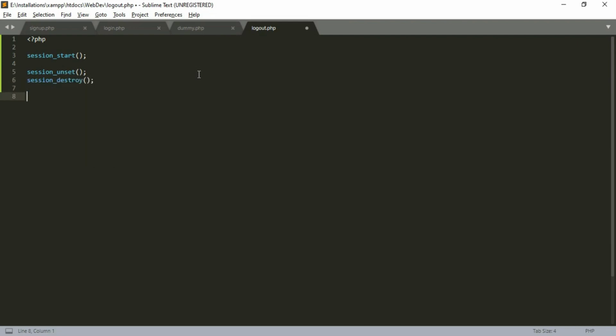And finally, we redirect them to the initial signup page. Header of location, signup.php.